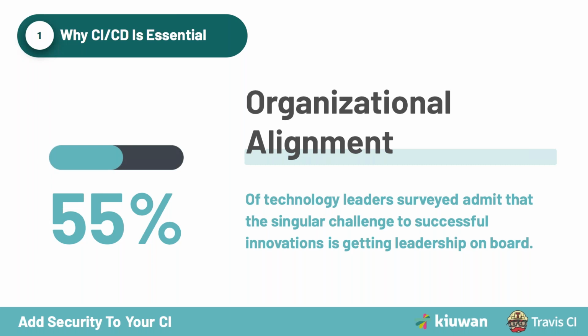The challenge here is it has to come from the top. It is essential for CIOs and CTOs to start working with their implementation teams to manage which technology investments and structure change needs to happen to support that overall cultural change. And 55% of 271 technology leaders that were surveyed admit that the singular challenge to successful innovations is getting contributors and senior leadership on board. And this is something that we will understand from our experience. Often there's a lot of bureaucracy in the way that can kind of slow down these processes. And people at the implementation and development level are very keen to start making these changes and move forward, but it might not fit into the overall organizational strategy.